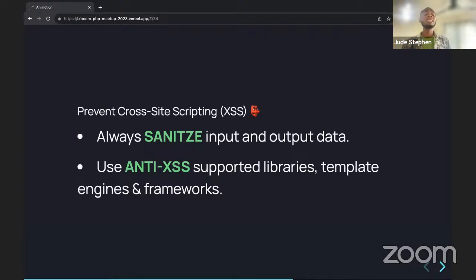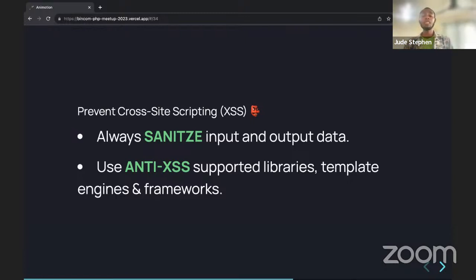The second one is the one that I recommend. Use anti-XSS supported libraries, template engines, and frameworks. Some of us are stronger and say, I'm going to write my own framework. That's fine, this is cool. Just try. But while you are doing that, make sure you use libraries that support this, because these attacks are plenty. Some libraries have made it easier: they pick on all the common attacks that usually come to applications, and they solve it once and for all so that everybody can use it. That's the essence of open source.